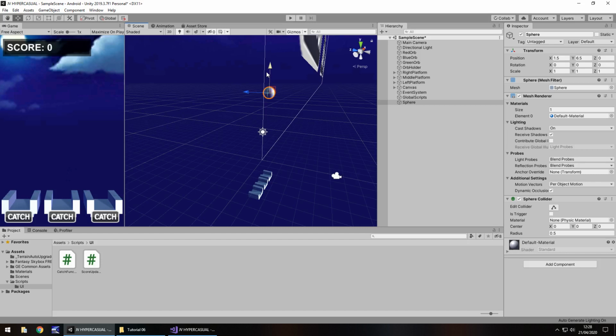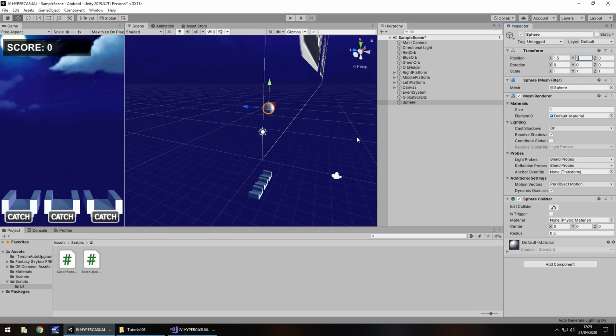Tell you what, I'll write that down again. 1.5, 5, and 0. So you can see what I'm doing there. Although that's a 6, I'll just place it back to 5 just so we can see. So that's going to be one of 3 starting points for these orbs. 1.5, 5, and 0. So we need to remember those for our script in a couple of minutes' time.